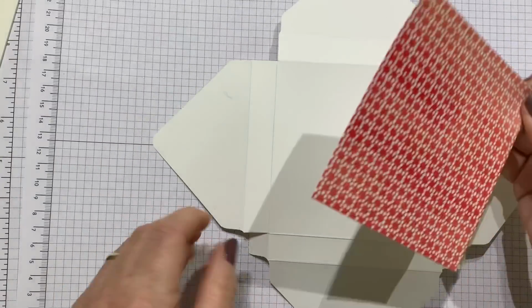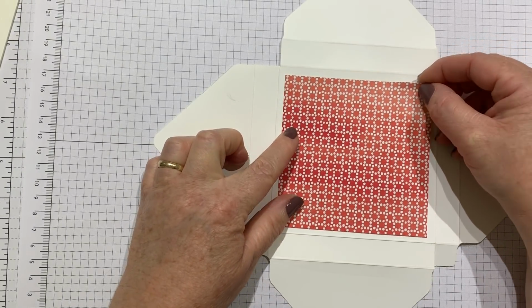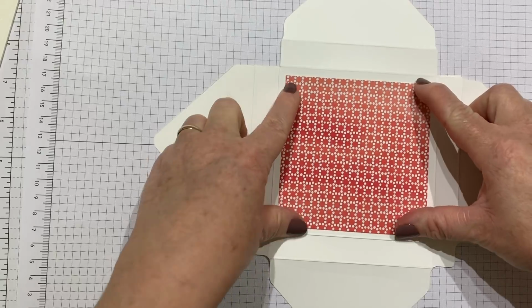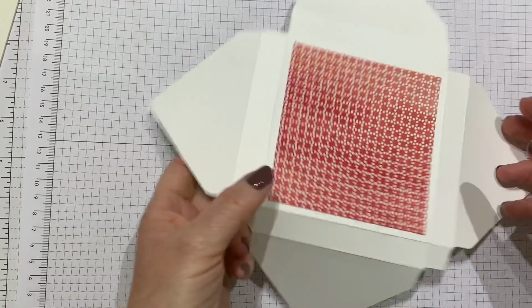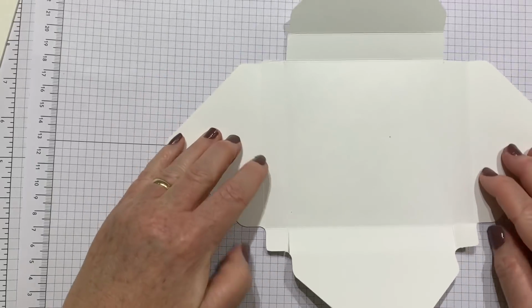Pop it on. Make sure it's equal all the way around. There we are. That's probably easier than doing it when it's been constructed, I would think. Now,